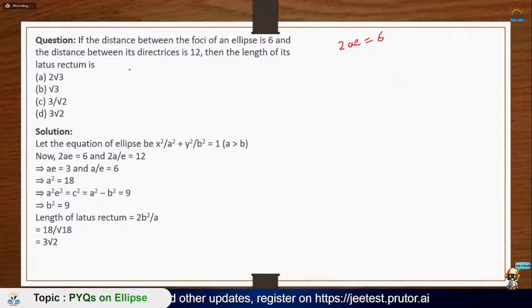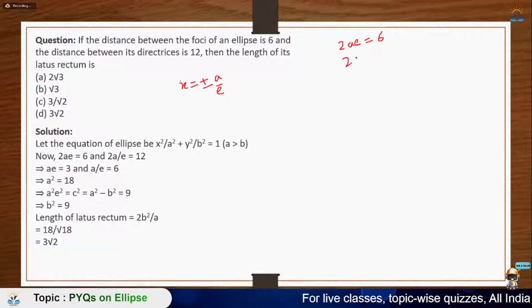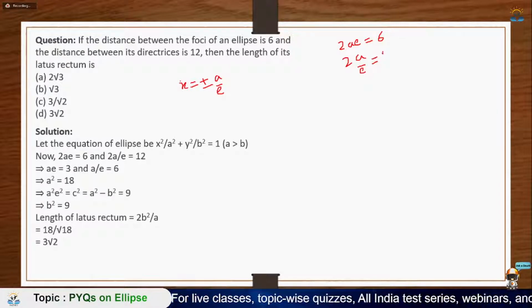Okay, and distance between the directrices is 12। और मेरे को पता है जो मेरी डायरेक्ट्रिसेस होती है उनकी जो इक्वेशन होती है वो होती है x इक्वल टू plus minus a/e। तो डिस्टेंस बिटवीन डायरेक्ट्रिसेस कितना हो गया? 2a/e।